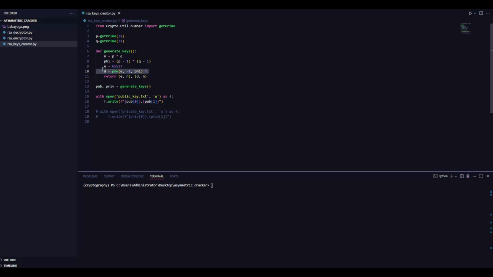Here is the line to create the private key. Okay, that is what we are going to explore and break. It represents the D, it's the modular inverse of E modulo phi. Okay, like it's making the calculation like that,